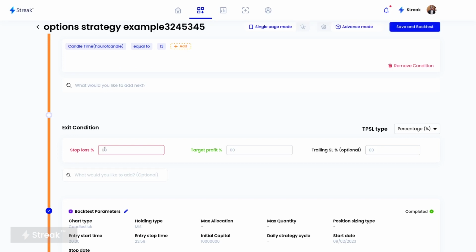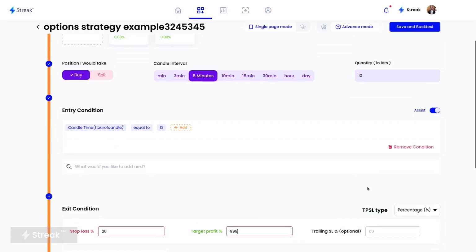Like I had shown you, we are going to exit if 20% stop loss is hit, and in the target I'm going to just put a very large value because I don't want to keep any target for this strategy. We'll be holding it towards the end of the day, right? So here there is an option of trailing stop loss also. If you want to use trailing stop loss later on after this webinar, you can experiment with different levels of